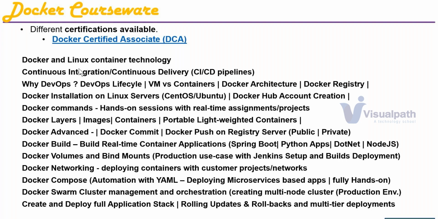But after Docker, we integrated everything as a single pipeline. So my code, build it, test it, and finally deploy it. So coding, building, test, and deploy. These are the four stages of any pipeline in simple words. Every pipeline has four stages, and here we cover all four stages.